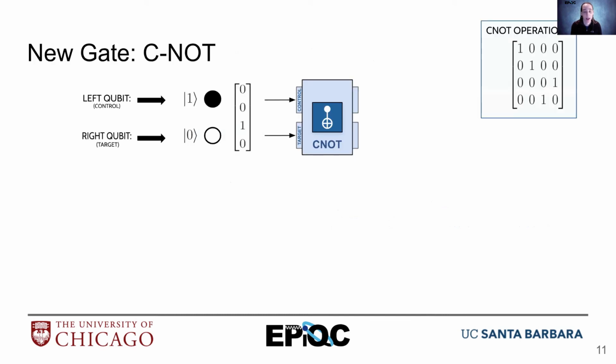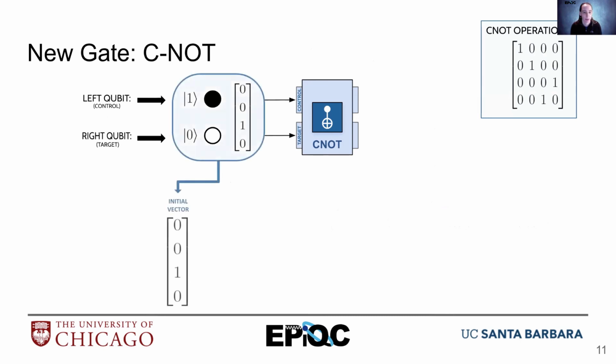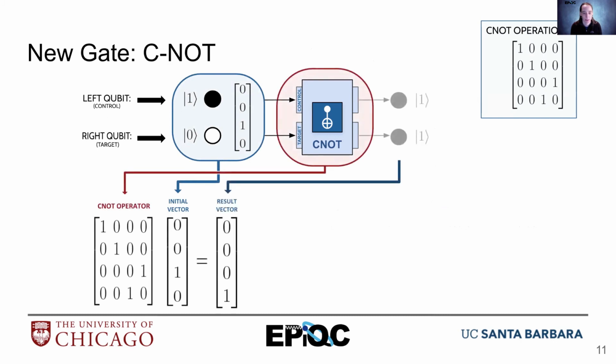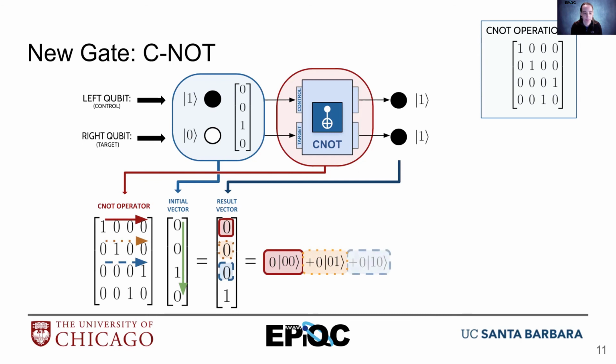All right, so then everything's the same as you've seen before. We have our vector, and then we put our initial vector down. We use our CNOT operator, and we perform our matrix multiplication. Once again, we go across the top row to get the top item. We go across the second row to get the second item, third row to get the third item, and fourth row to get the fourth item. And it matches our answer from our visual representation.